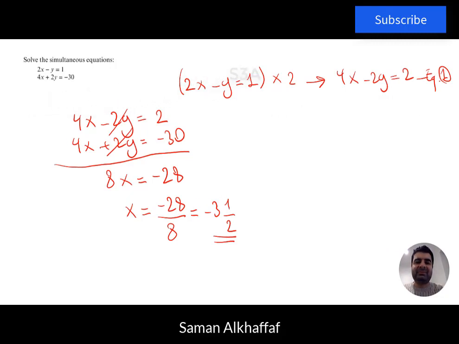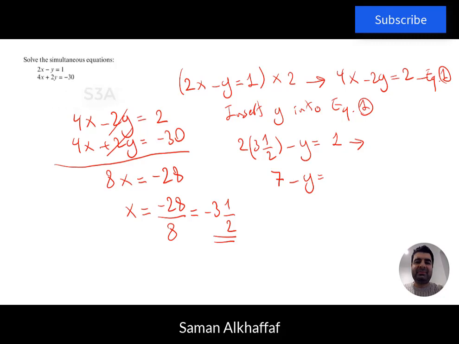Now we will insert this value into either equation 1 or 2. So we insert x into equation 1. Now what will that give us? We would have 2 multiplied by minus 3.5 and taking away y, minus y equal 1. So we would have 2 multiplied by that value, 3.5, that would give us 7